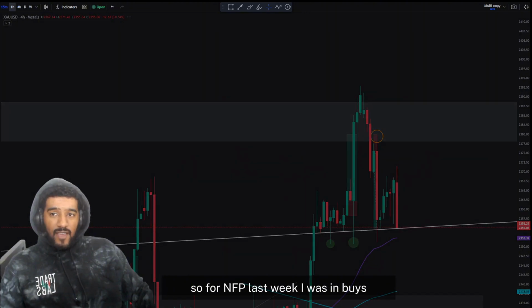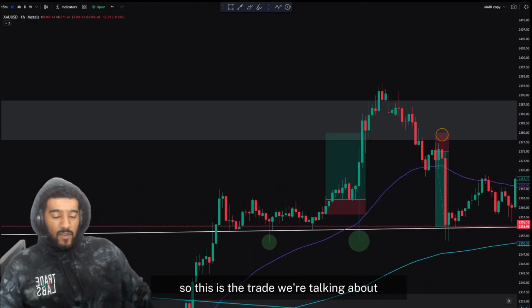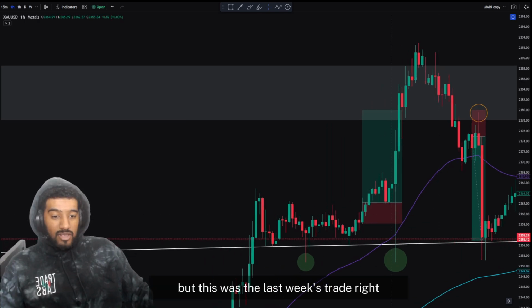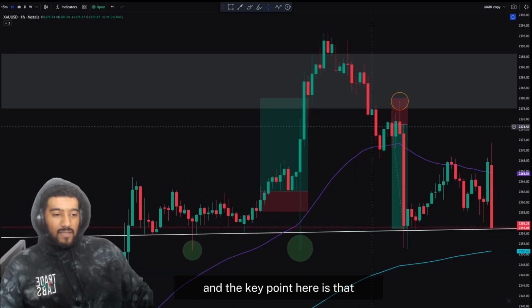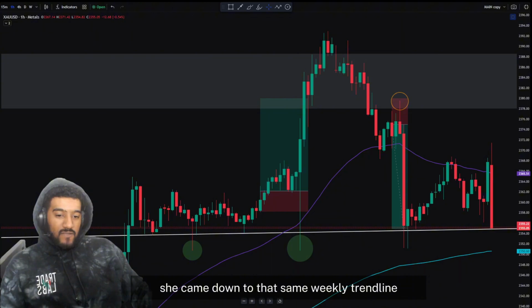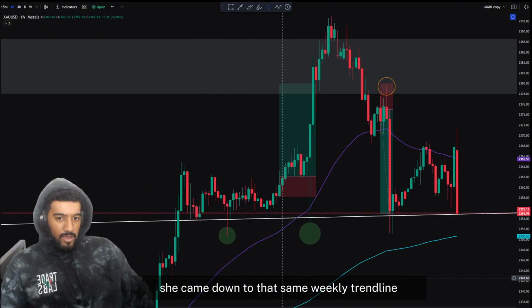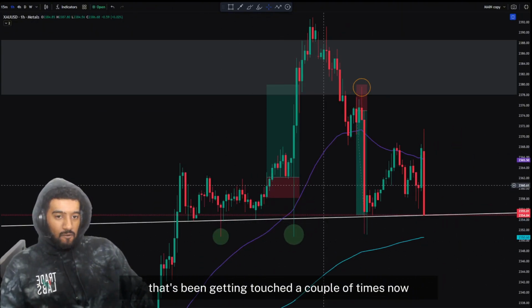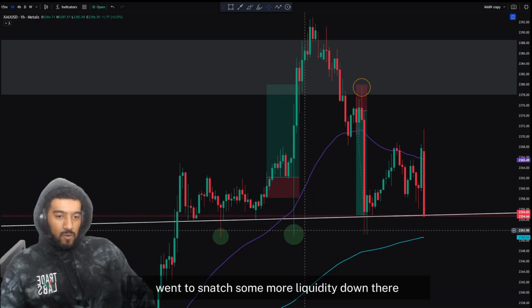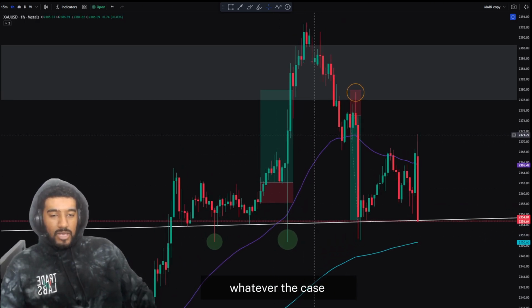So for NFP last week, I was in buys. So this is the trade we're talking about. Yesterday's trade, but this was last week's trade, right? And the key point here is that she came down to that same weekly trend line, that's been getting touched a couple of times now. Yanked back down, went to snatch some more liquidity down there, find some support, whatever the case, and then proceeded